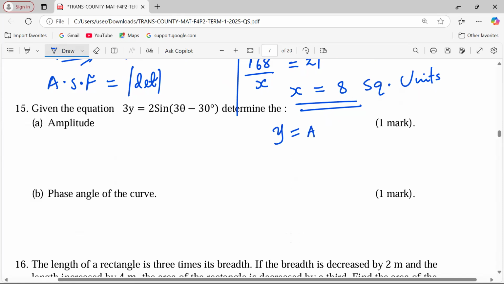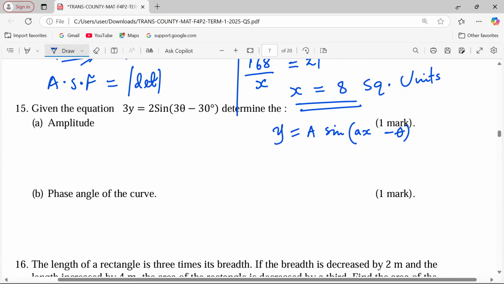a sine of x multiplied by theta, then minus a certain angle. We can say instead of theta, we can use a x. So let's say a multiplied by x, then minus a certain angle. In this general function,